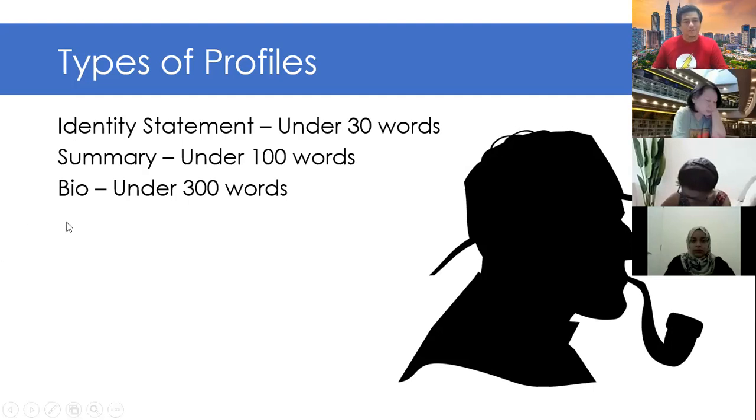Okay. So first off, if your profile starts with this sentence, Nazrin has a bachelor's degree in communication from IIUM and has 20 years experience in the learning industry. He was born in 1977 in Kuala Lumpur. If you have that as your first sentence, clients will not read it. They will pass over it. They don't care when you were born. They don't care where you were born. They don't care what degree you have.